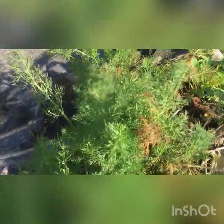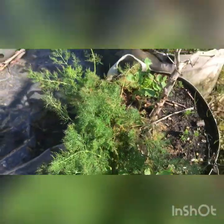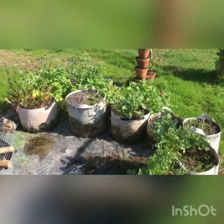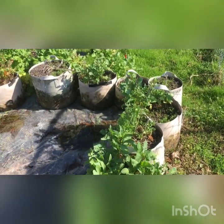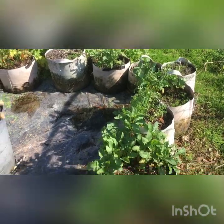This dill got some weird disease this winter. Not sure what, but lots of yellowing and browning of the leaves. But yeah, all these pots here, these are nice big fabric pots, and they're all full of just arugula. Because they were bell peppers last year, I don't want them to be something like tomatoes this year. It's too close. So if anybody has any ideas of what to plant in here,